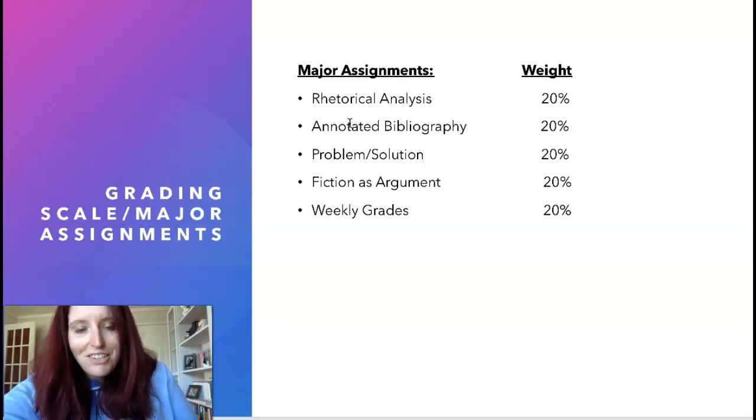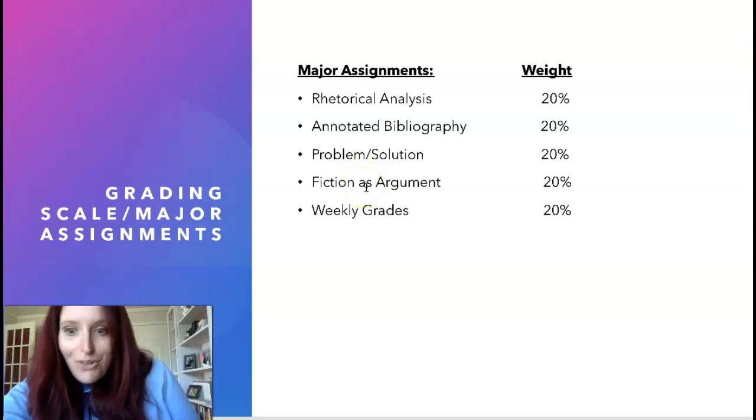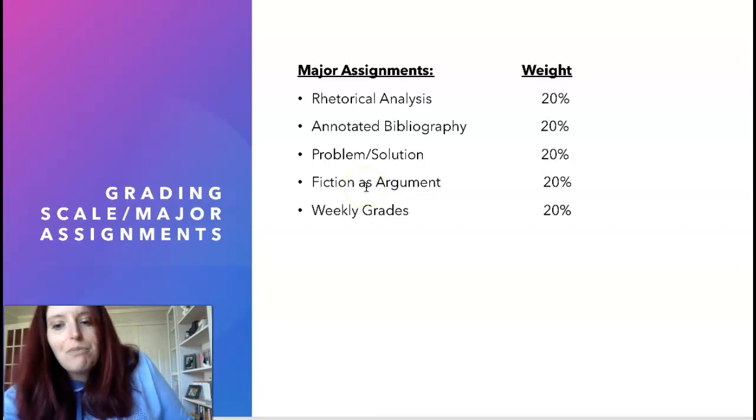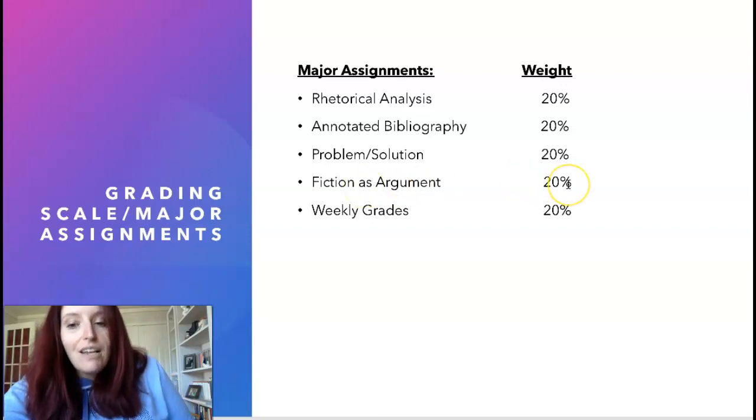You're going to do another one in English 112. That is also 20%. A problem solution argument paper, which is 20% of your grade. And then a fiction as argument or literary analysis on Graham Greene's Brighton Rock, which is 20% of your grade. If my very limited math skills do not deceive me, this adds up to 80%, and the other 20%